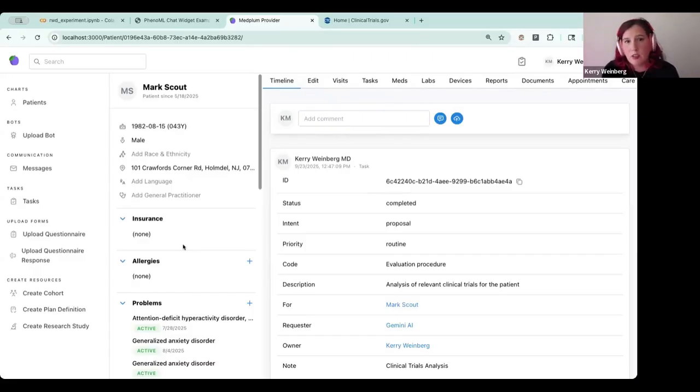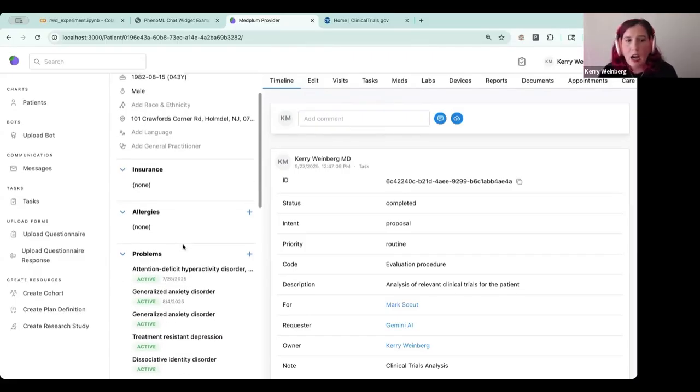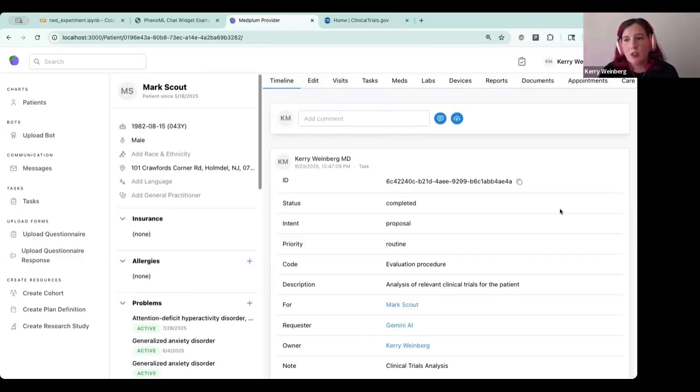What conditions are they diagnosed with? What medications do they have? And we could even extend this use case to also look at other observations. These are really important because we're using demographics, conditions, and medications to inform the inclusion and exclusion criteria of the